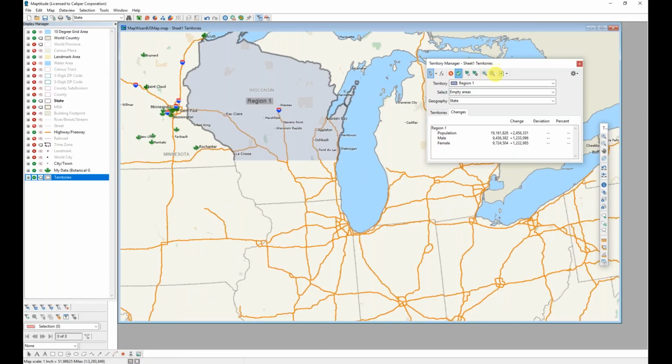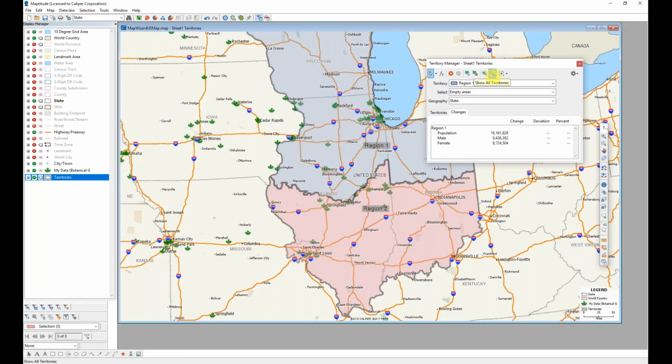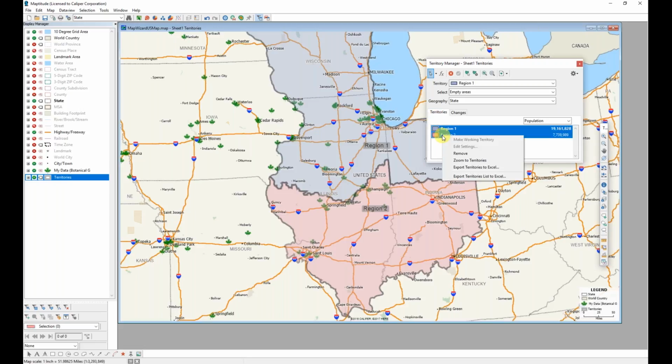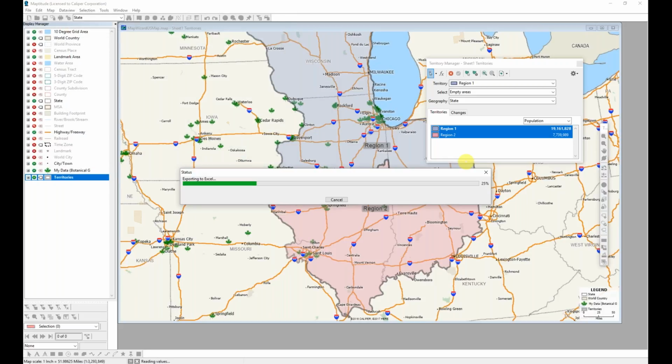So I now have brought in my data from my Excel file and modified those territories to more accurately reflect my own data. I'm ready to share this outside of Maptitude and can do so by clicking the Territories tab. I'll click and drag over all those territories and then right-click to choose Export Territories to Excel. Again, after providing a file name, Maptitude creates an Excel file comprised of several different tabs,